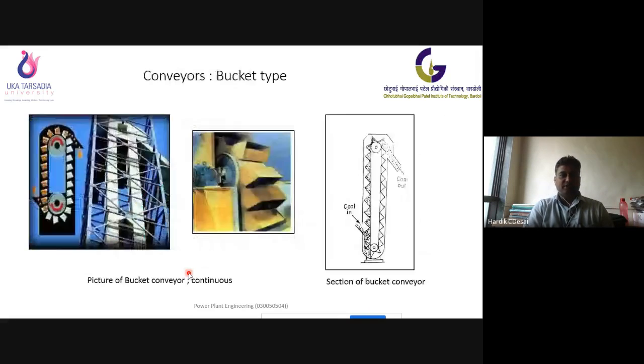So this is the bucket type conveyor. We want to move this coal from the floor, the ground level, to some height. So the coal will be fitted inside the bucket, and these are two rollers by means of which this bucket conveyor will move like this, in the clockwise direction. This coal will be released at some point of time at the required place, and we can have the motion of this fuel like this. So this is the pictorial view, a photograph of this kind of conveyor, and this is the section of bucket conveyor.